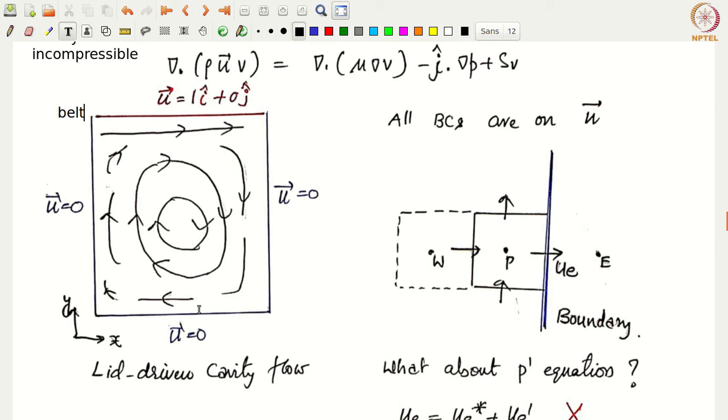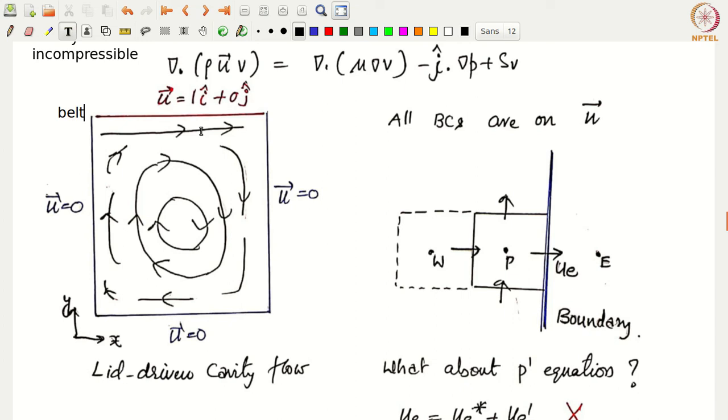Okay, and these are some of the streamlines. Of course, these are only representative because they are not drawn continuously, and we know that streamlines cannot end abruptly somewhere in the middle of the flow. These are only indicating the direction. So we have some kind of flow that is set up. Now, what are the boundary conditions that we have specified in solving this problem? The only boundary conditions we have specified are for velocity, right? Velocity is 0 here, and here as well, and it is 1 i cap on this top lid, where we have not specified pressure anywhere.